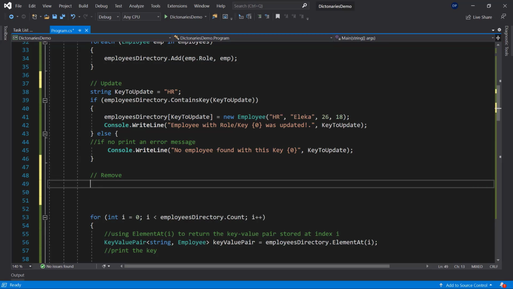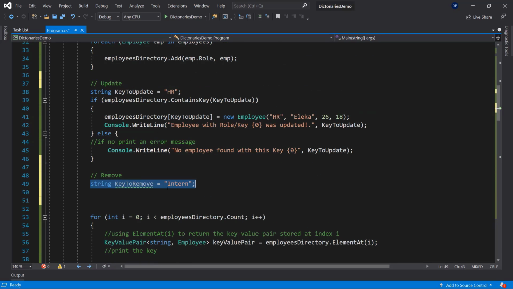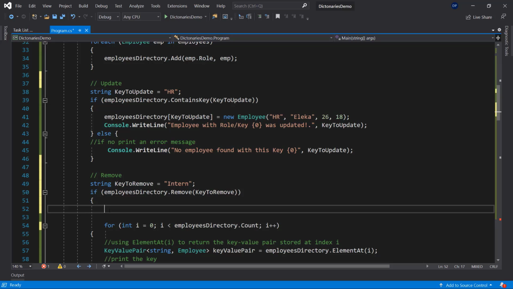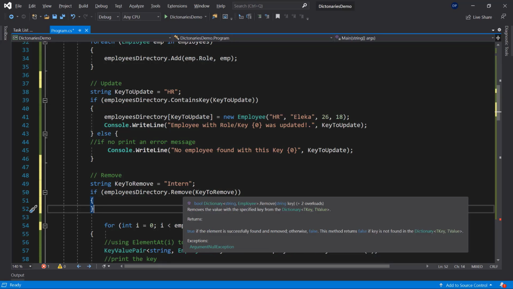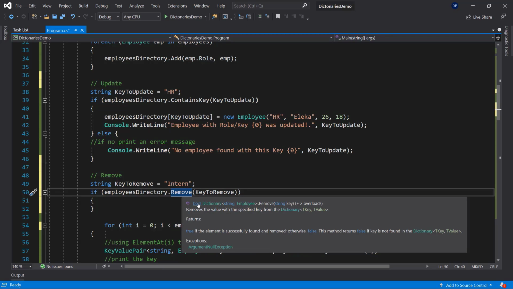And in order to remove, we also need to have a string that will be the key that we want to remove, because we have a key value pair in our case, where the key is a string. And that's what we use here. And then we can also check if that actually works. So the thing is, the remove method, if you look at it, it returns a Boolean. So hovering over remove, you will see it returns a Boolean,